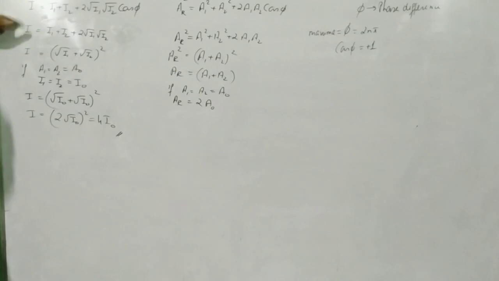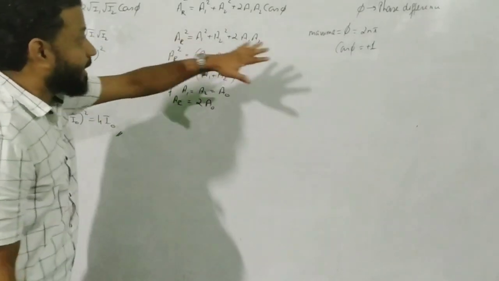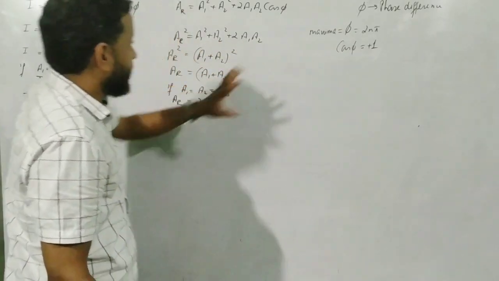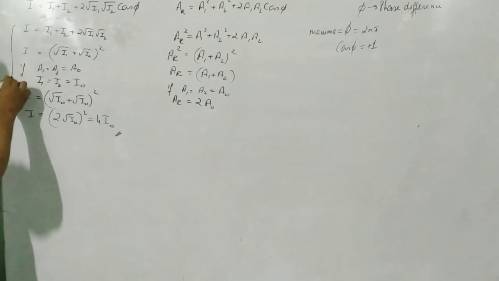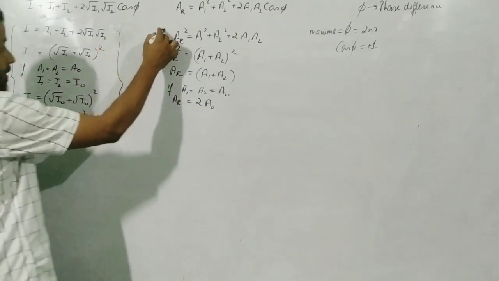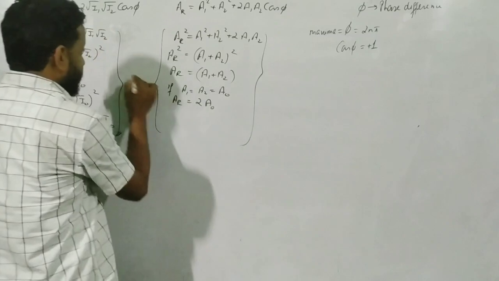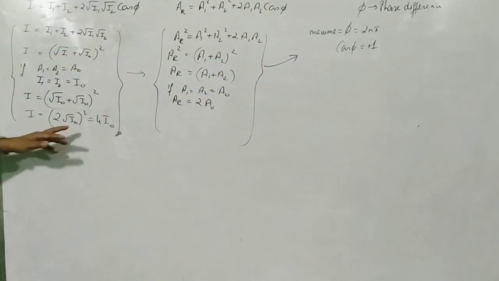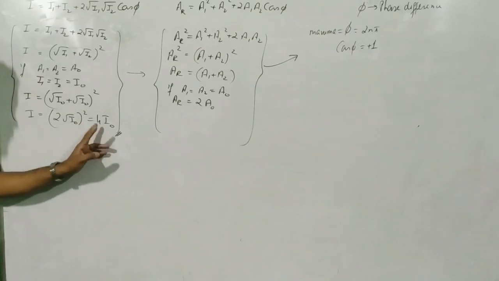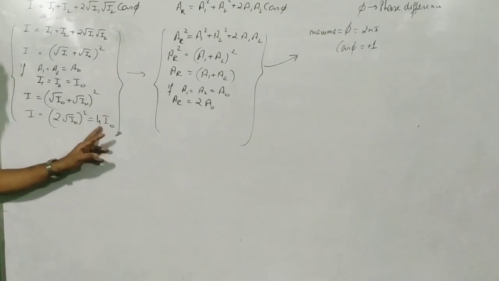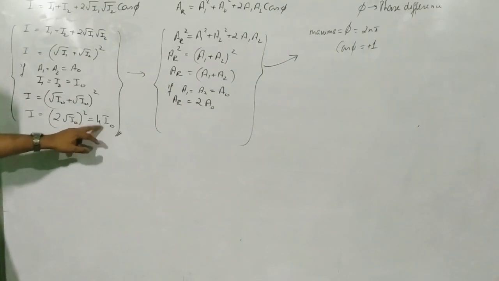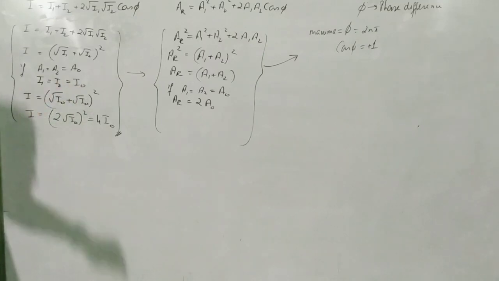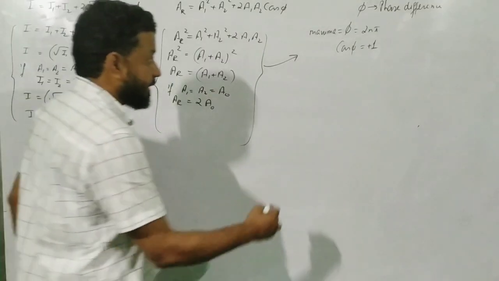That means the maxima, remember all this we have done for maxima. So put a bracket like this, this is all for maxima. We are all doing this for maximum. So what is the catch over here? I am going to come back to this very soon. The intensity of maxima is 4 I0, where I0 is the intensity of each light. But let me first complete the minima part.